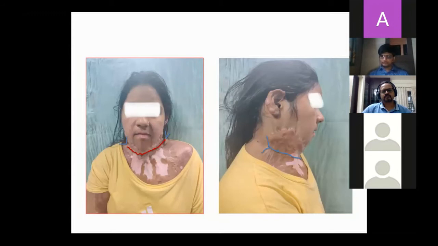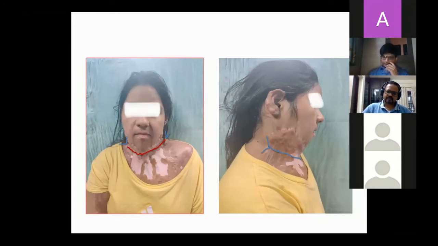We manage like that, right from the pediatric age group until they come of age. So that way only we should manage, and we have managed like that. At every stage there will be some kind of problems. See, for example, if there is an eversion of the lip, permanent eversion of the lip, what will you do?